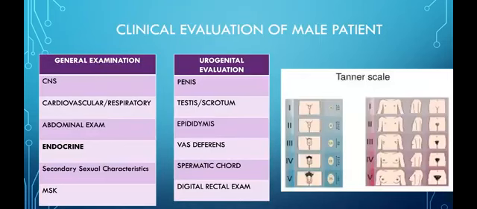So remember to perform an appropriate clinical examination of the patient. This means a good general examination. Some of the things that we need to look at are obviously your endocrine evaluation. So look at the patient's eyes, look at the patient's neck, evaluate whether or not they have a goiter or a thyroid mass, look at whether or not there's any gynecomastia. Secondary sexual characteristics are also very important. Do a Tanner staging if it's appropriate.